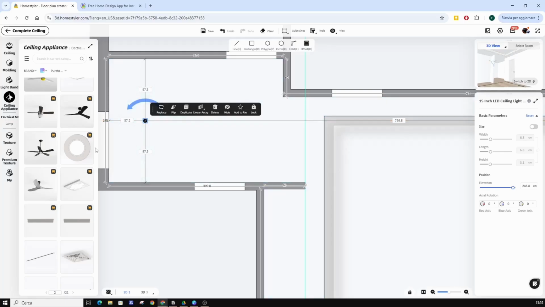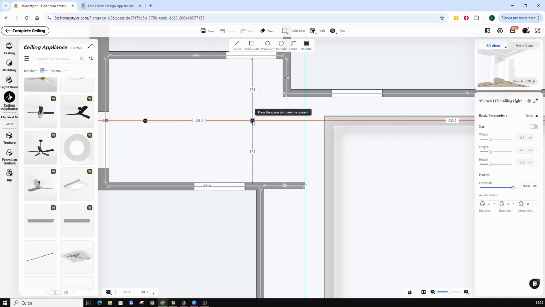Let's try inserting another spotlight. This one also gets centered, and if we insert a third one, we see that it is centered, equidistant between the other two.